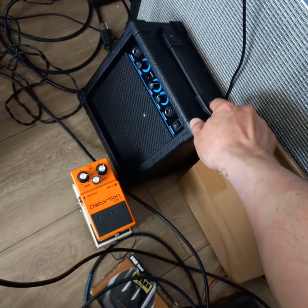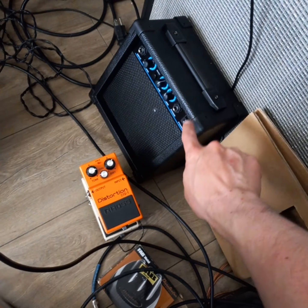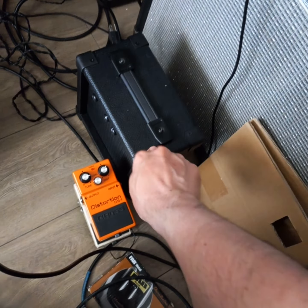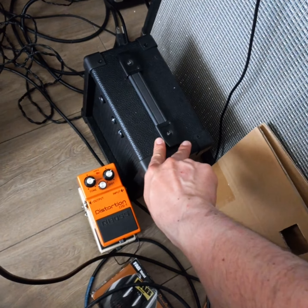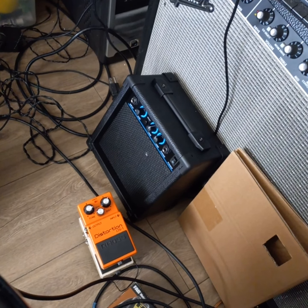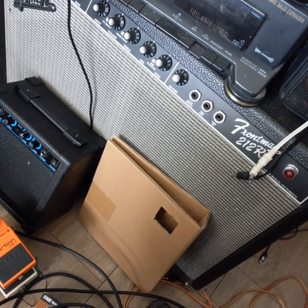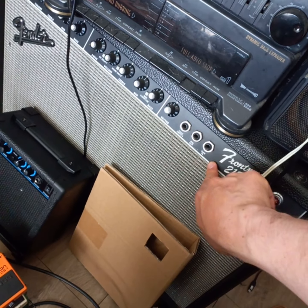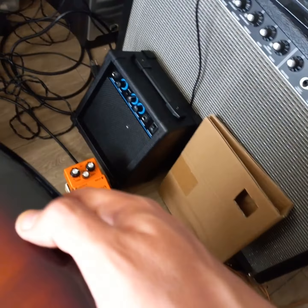For example, just by tilting the amp a little bit, it improves its sound 110%. If you continue to play it like this, it doesn't look like much, it doesn't sound like much, but you just tilt it a little, and it's like, whoa, oh my God, it's way louder because now it's aiming at the roof, and then it sounds different. Anyways, you find things that you like about the amp. I love this because it has reverb, but it's also Fender clean, which is one of my favorites. I love Fender guitars, so